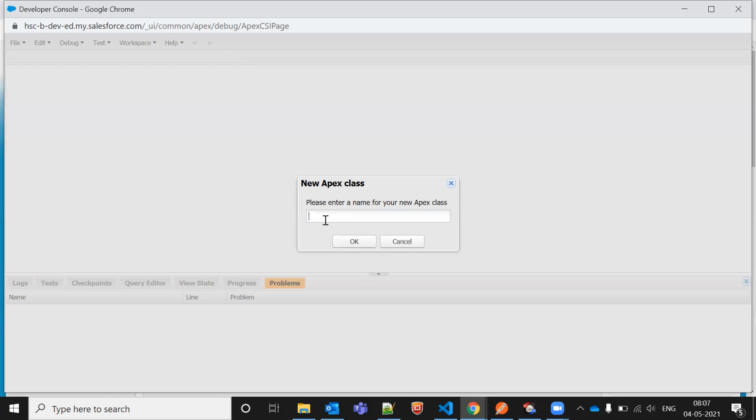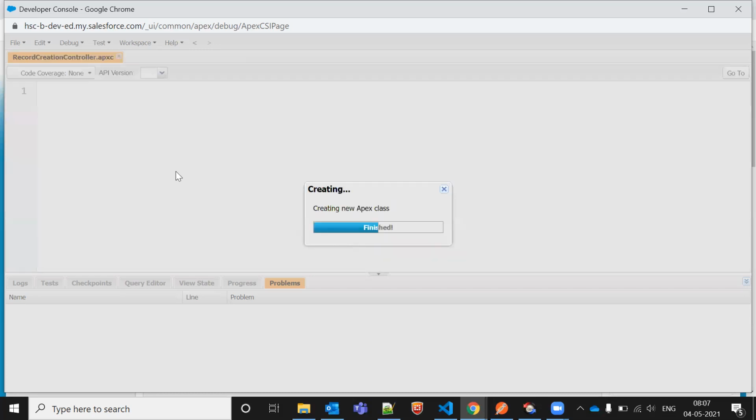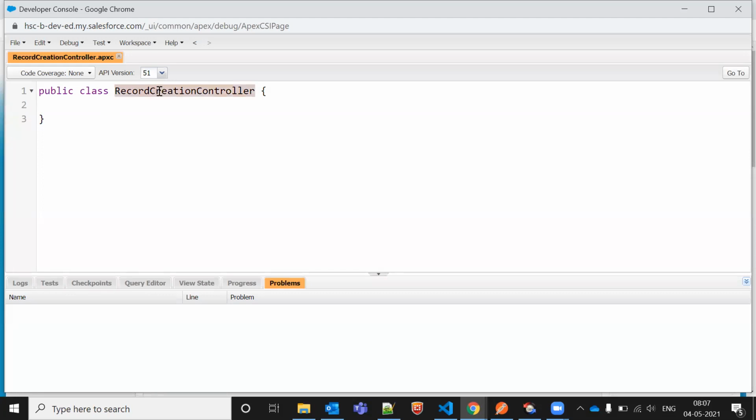So now this is my controller name. Let me create one constructor here. Let me create an account and getter setter for the Visual Force page. If I'm using ACC, I definitely need to initialize it, allocate the memory.